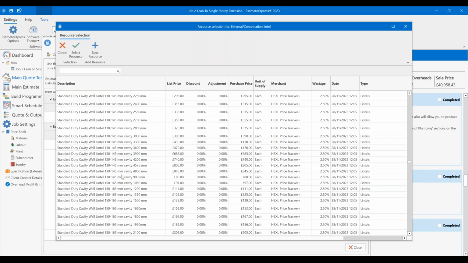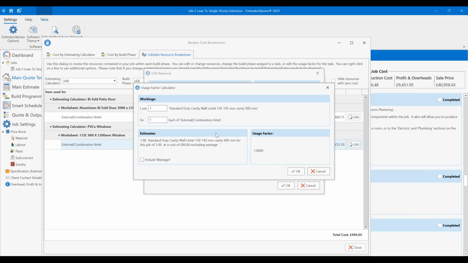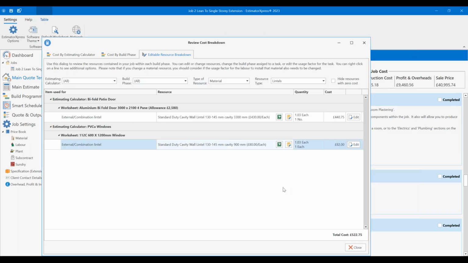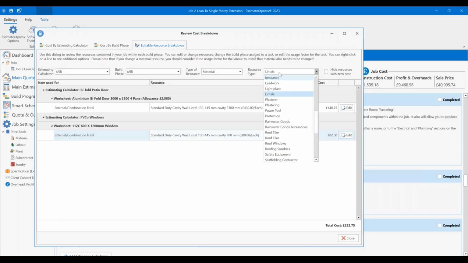And I just find one that is, there you go, 900. Ironically, toward the bottom of the list, let's go small number then big numbers, because 9 instead of 4, after 4. 80 quid, set that one. It's 1 for 1 because it's just a lintel. Click OK. So I can use the cost breakdown to look at all the different resources within the job to